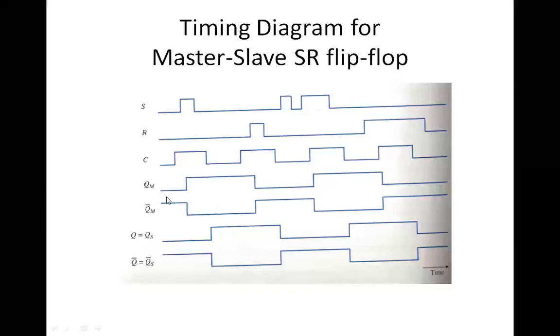Okay, so you can see that these two waveforms and these two waveforms are shifted versions. The one that you see for QS and QS bar is a shifted version of QM and QM bar. See this as a whole waveform, and see this as a whole single waveform. You can see that it's a slightly shifted version, because it's dependent on the next clock cycle.